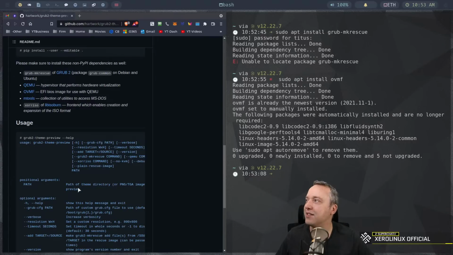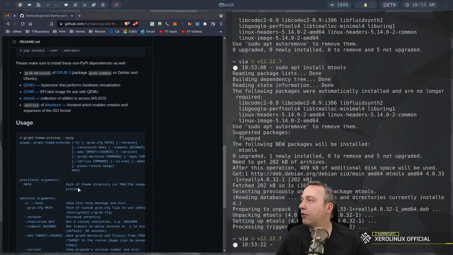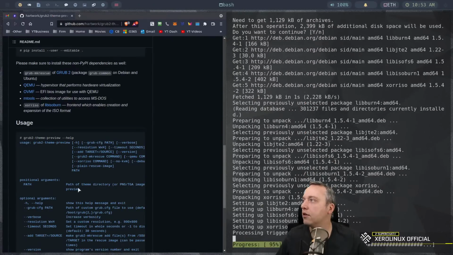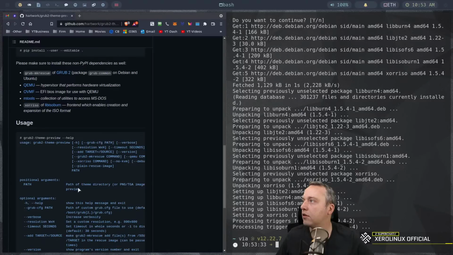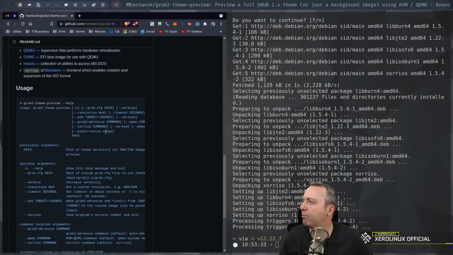Collection of utilities to access MS-DOS, mtools. I've never installed that. Huh. Okay. Interesting. And I know I already have QEMU, so we have all the dependencies now. But that path,